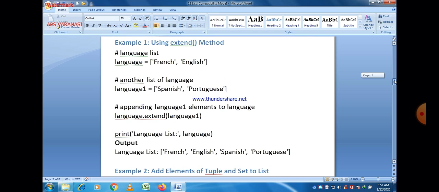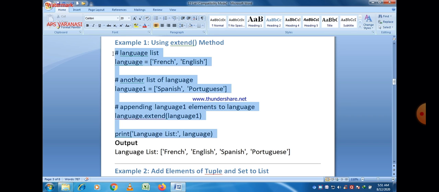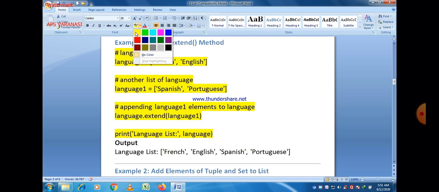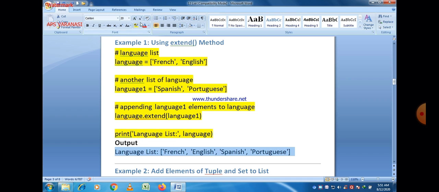And there is another list, language1, and items of this list are Spanish and Portuguese. And if you want to extend language with language1, then it will be done by using extend function. So just name of the first list, that is language in this case, and just put dot operator, then extend, and then within the parenthesis write language1. Language1 will be added to language, or we can say that extension is there.